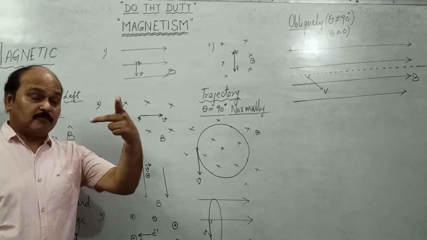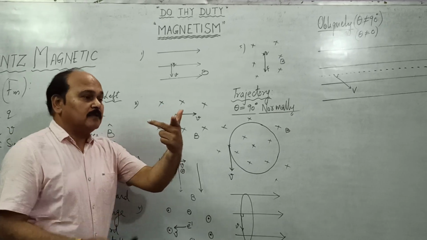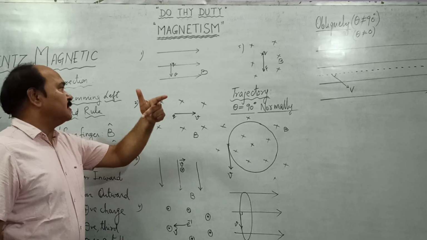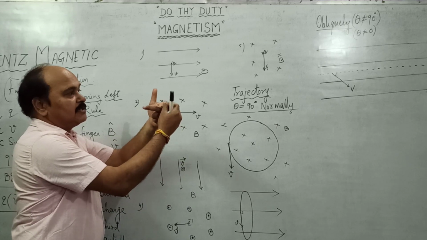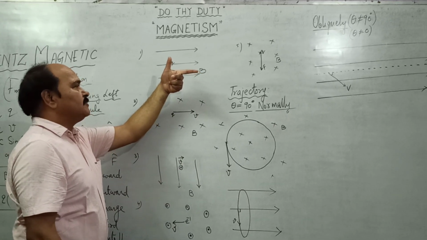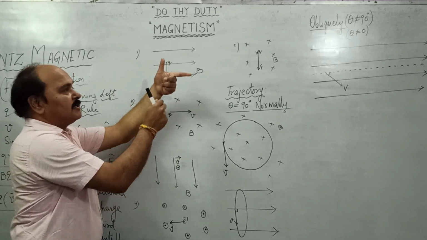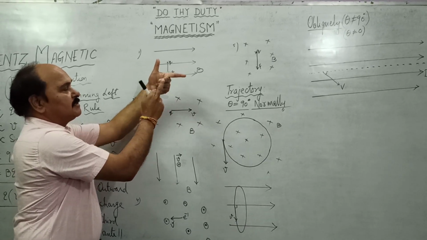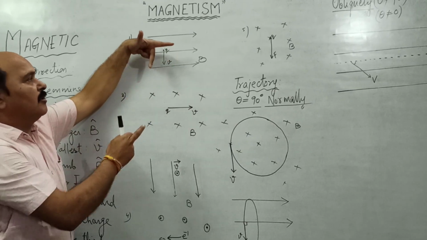We know Fleming's left hand rule. Remember, we have to use the left hand rule, not the right hand rule. So let us take our fingers in the appropriate direction of the vectors in the diagram. The magnetic field is towards right, so let us take the index finger in the direction of the magnetic field. Now where is velocity? Without changing the index finger, let us take the tallest finger in the direction of velocity. So this tallest finger is taken along velocity.